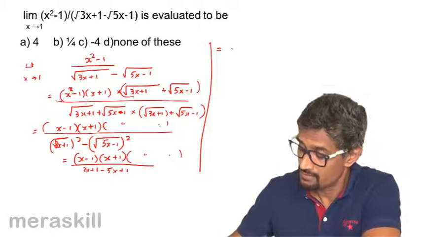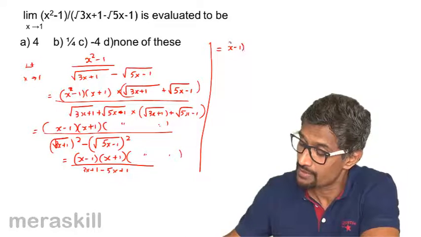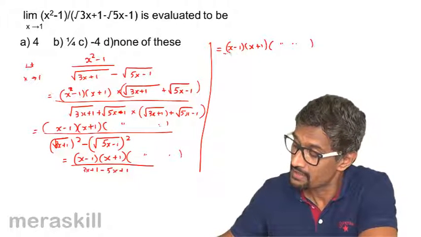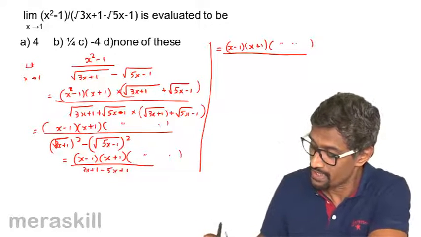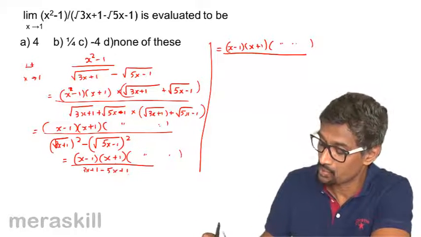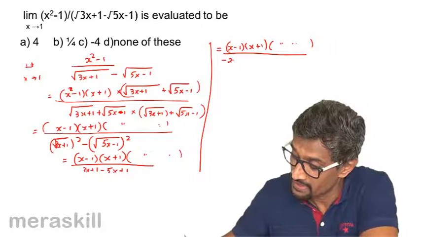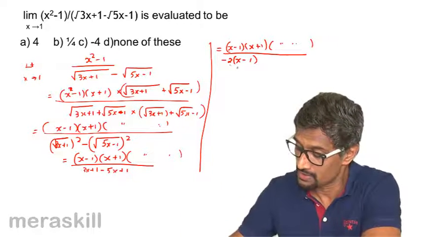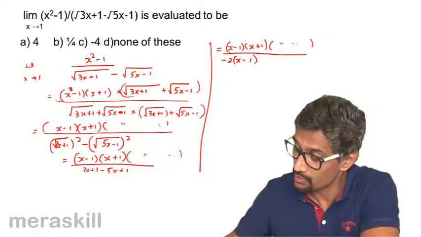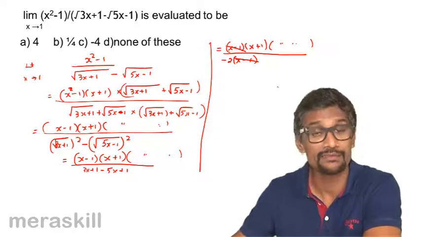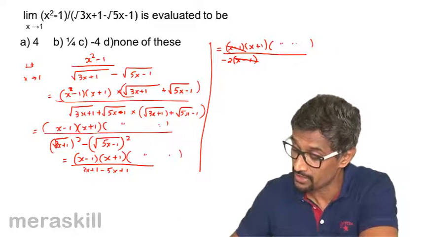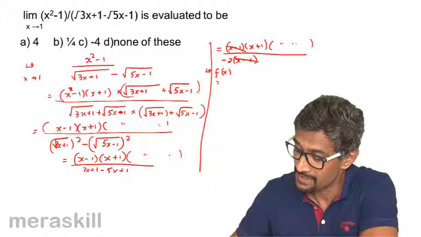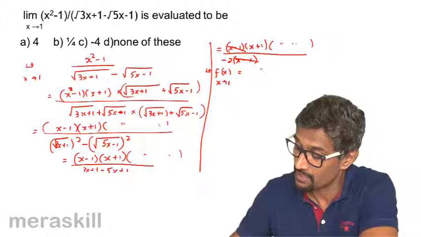which will be x minus 1 into x plus 1 into the terms inside upon, this will give you 3x minus 5x minus 2x plus 2, which can be written as minus of 2 into x minus 1. Because it turns out to be minus 2x plus 2, here x minus 1 gets cancelled, so you get a determinate quantity now. So ultimately, limit of f of x as x approaches 1 will be nothing but f of